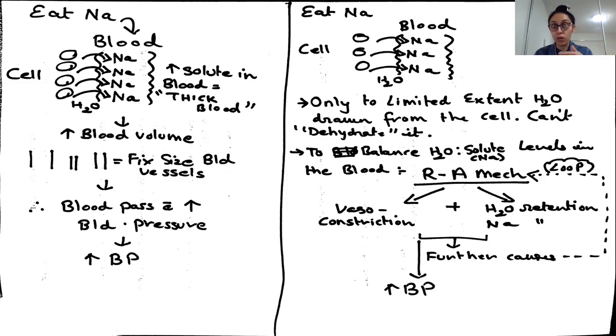Okay, automatically, organically. That's how it functions. So now that you have retention of not only water, but also sodium, all right? Now this sodium will further activate the renin-angiotensin mechanism, and this will keep running in a loop. Does that make sense? So this mechanism running in a loop chronically over a prolonged period of time results in chronic hypertension, okay? And that is when management of a hypertensive patient with regulation, moderation of sodium in their diet is so very important, okay? So we can break this cycle at the end, all right?